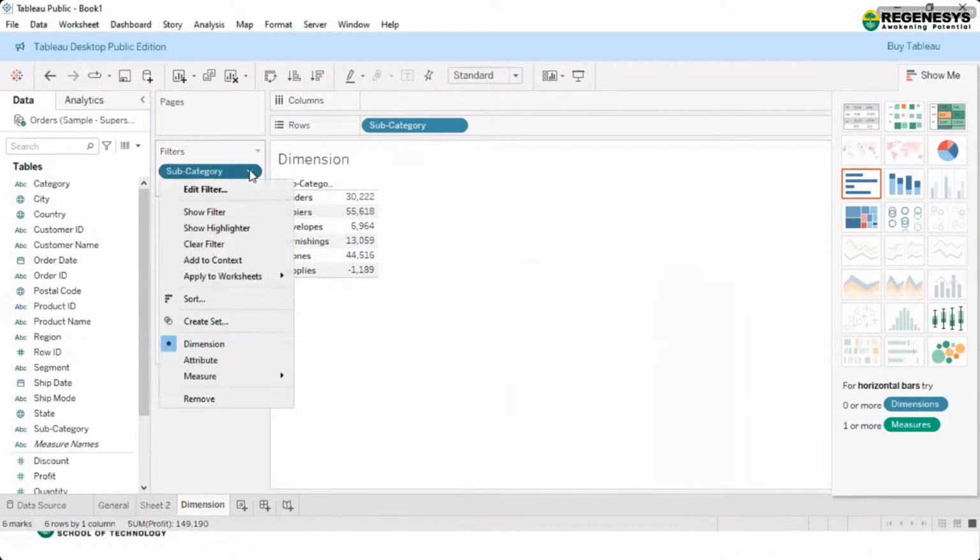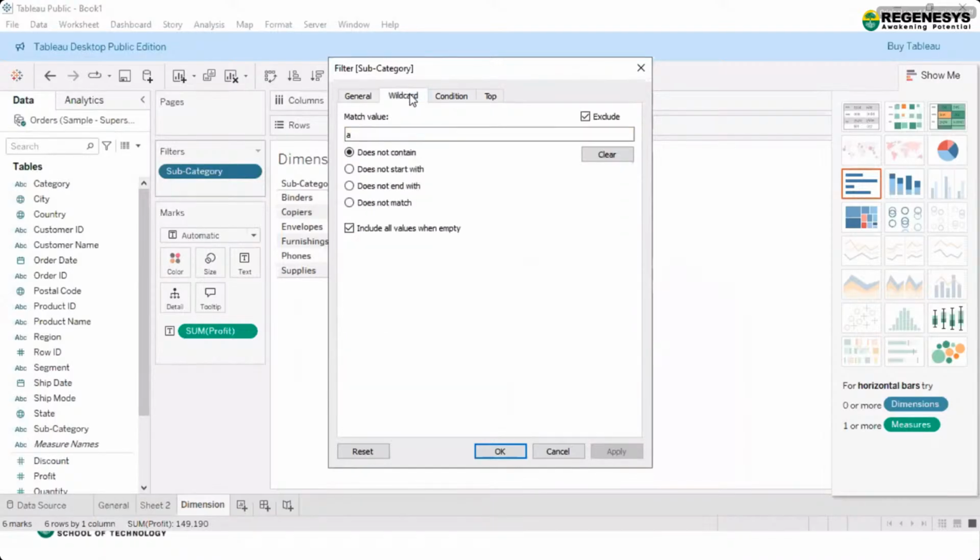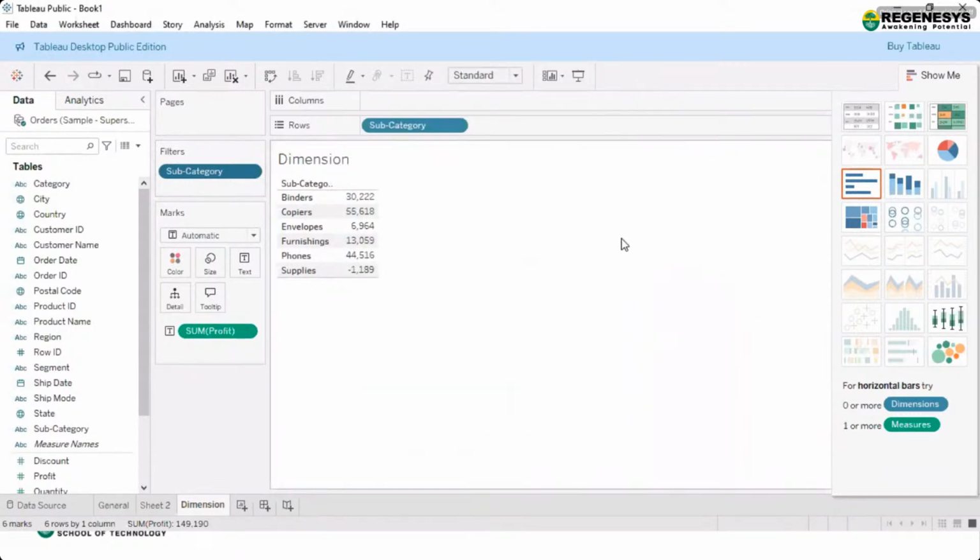So you can just create, edit filter, then wildcard. What you can do here, please try it.